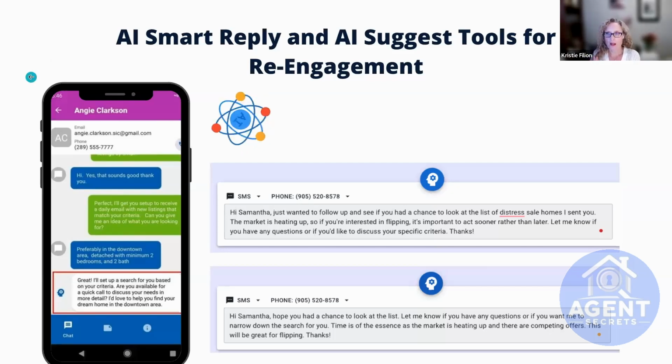I think this is a great way to start the relationship, I guess you could call it, with your leads. I've heard many industry experts stress the importance of following up as quickly as possible. And especially with texting, people are expecting an immediate response.